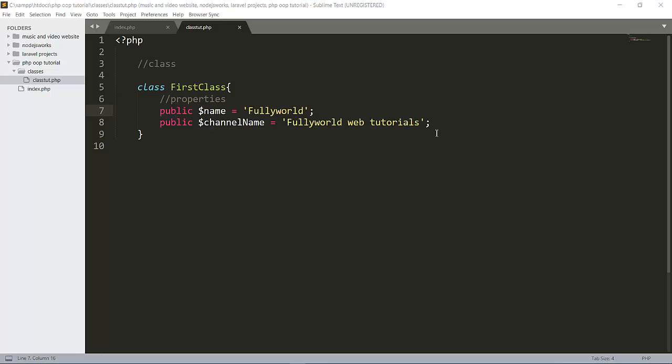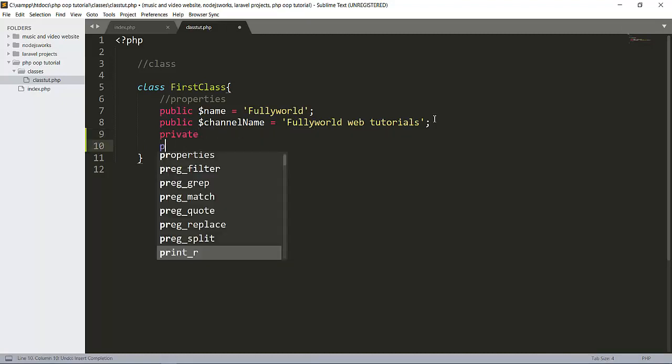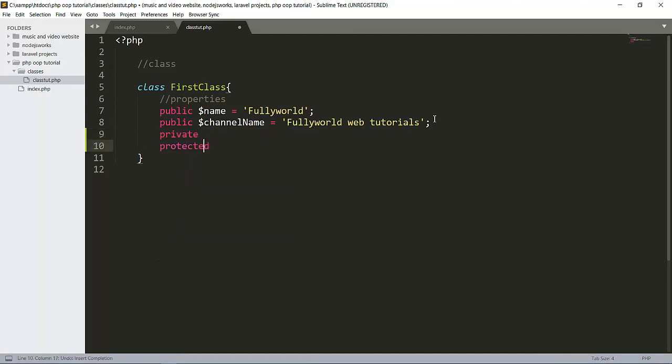There are three types of access modifiers: public, private, and protected.